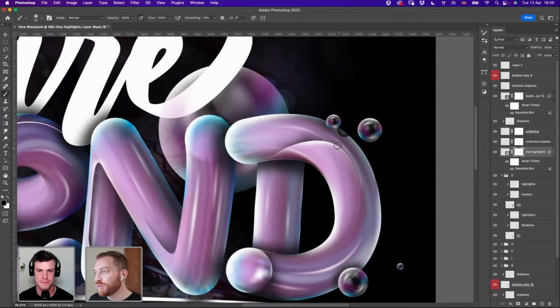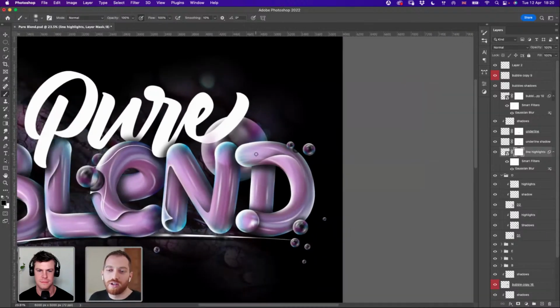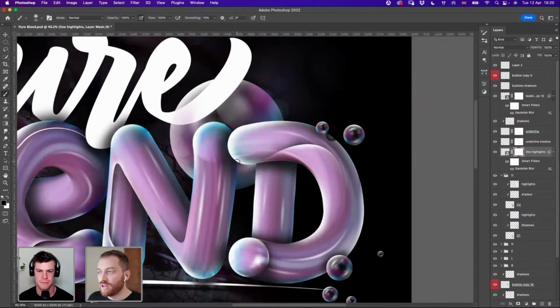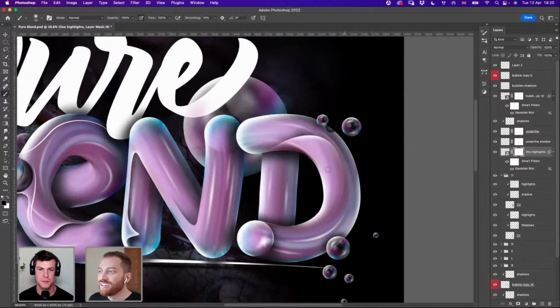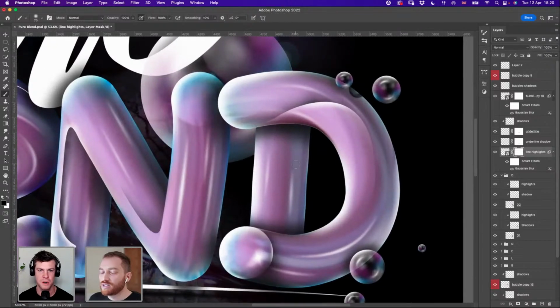Yeah, exactly. I didn't like this line because it was not a very nice curve. So I think it's worth it, most of the time when we design something, to go back, zoom out, see what works and what doesn't, and feel free to remove anything that you don't like. Yeah, and I think with digital, it's one of the harder things for people sometimes, because you are on a screen.